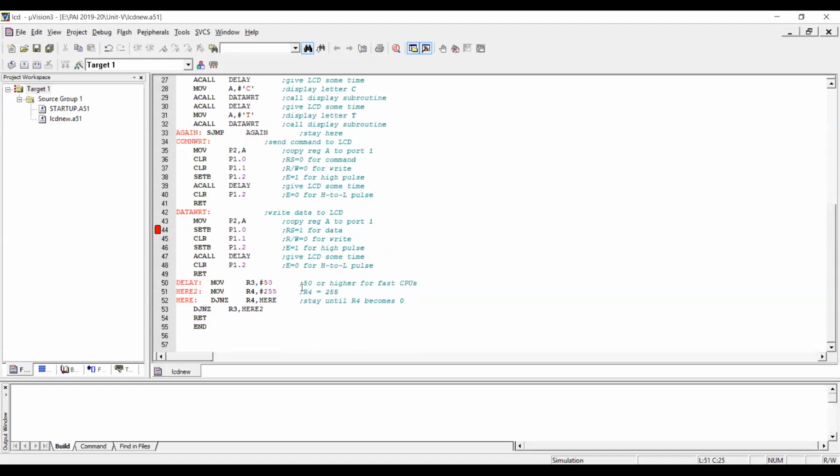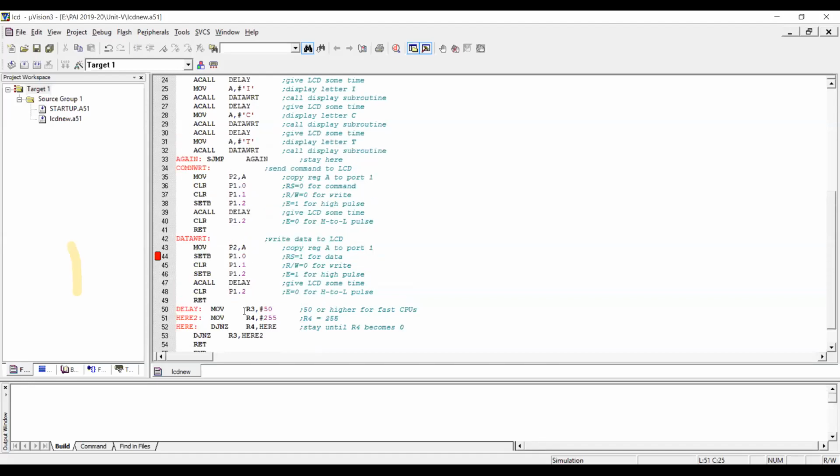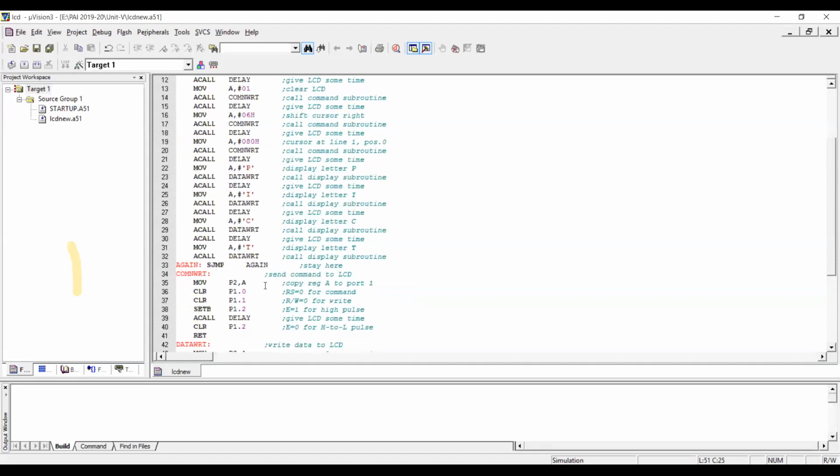That's why here we are giving 50 into 255, that much delay we introduce after each character, so that it takes the next character and is able to understand that the next character is I. Are you getting this? So these are the characters, and this is the program.